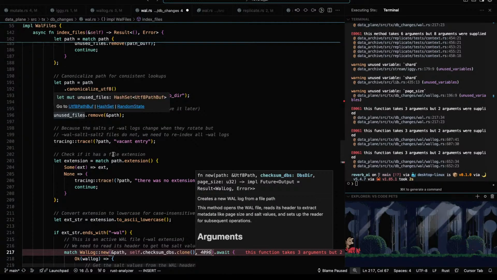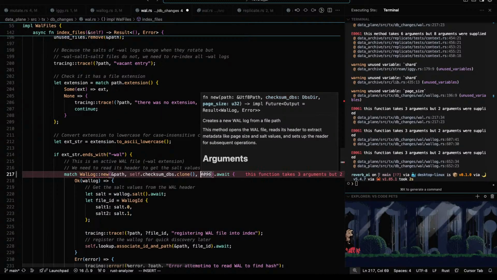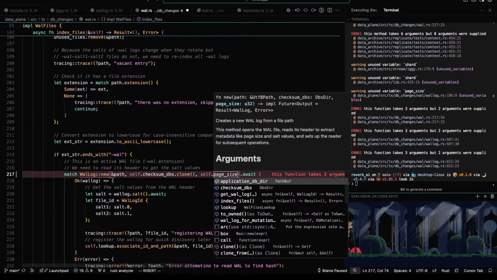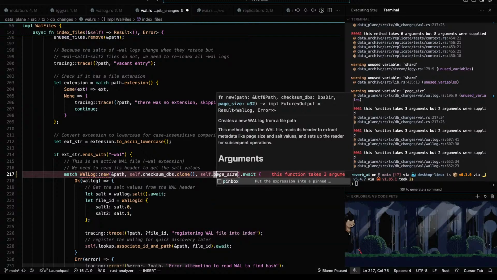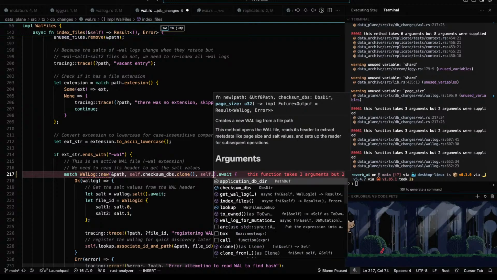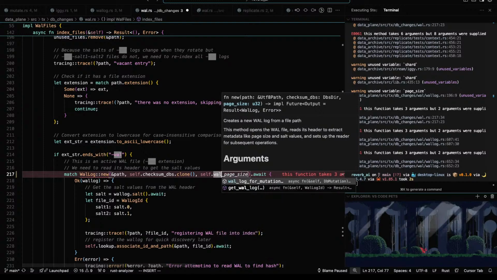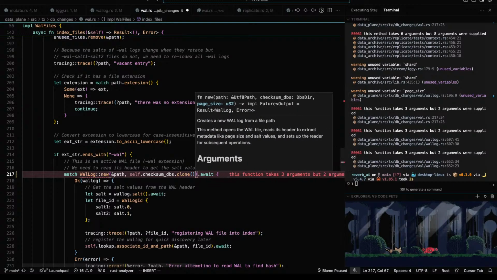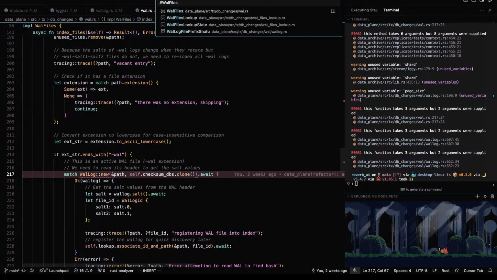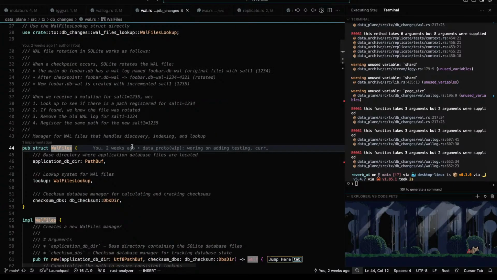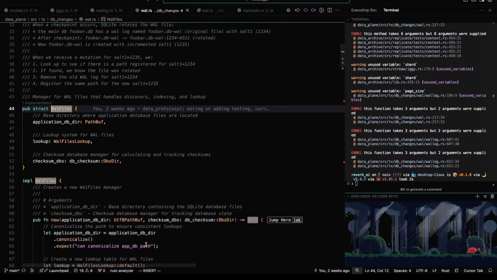All files? All files should have it. Does it not have it? Oh, it doesn't. All files. Nope.